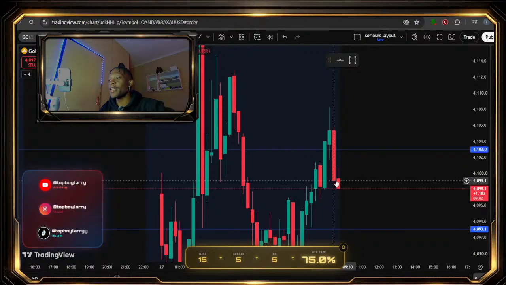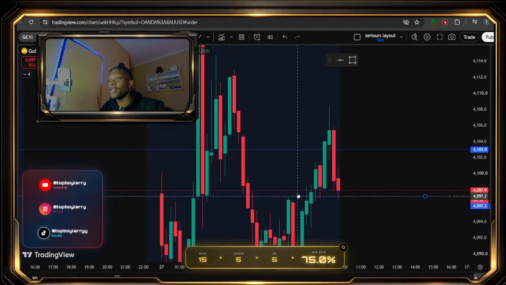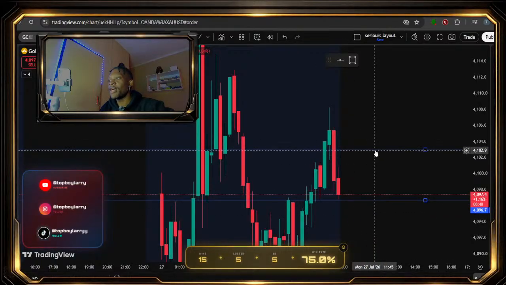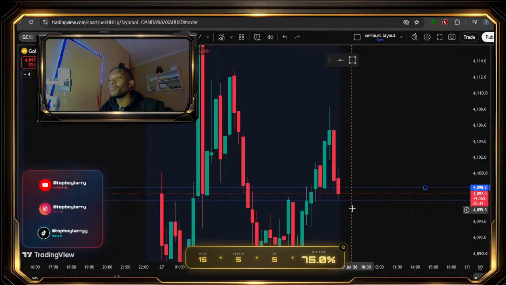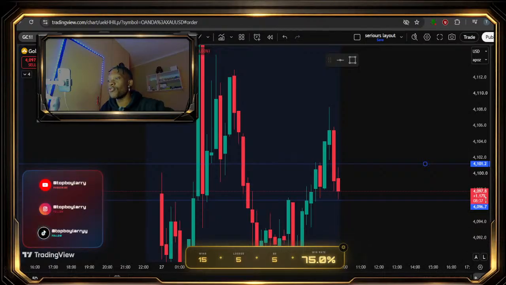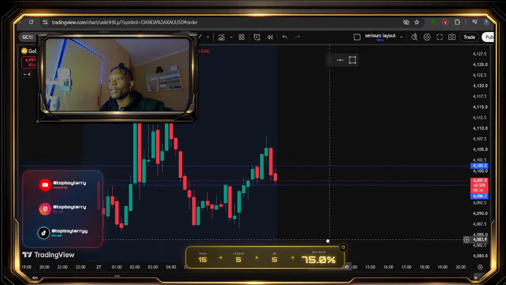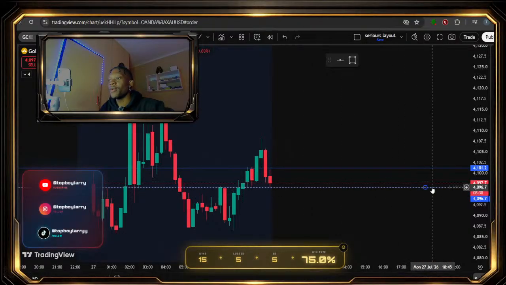The 15 looks like it wants to give us a push here. The only reason why I'm not getting in the sells on the 15 is just too much rejection, right? We have rejection right here in this area, and we also have another rejection here. So I do understand the fact that it's high times of volume, but I don't want to see myself going into unnecessary drawdown here, so I'd rather wait for sells below